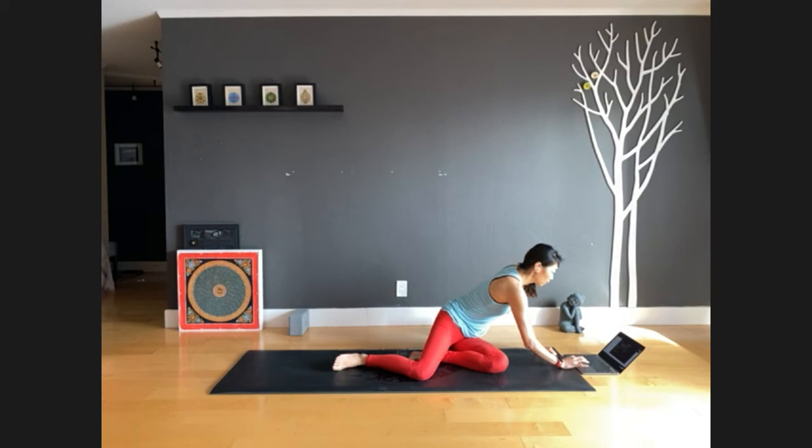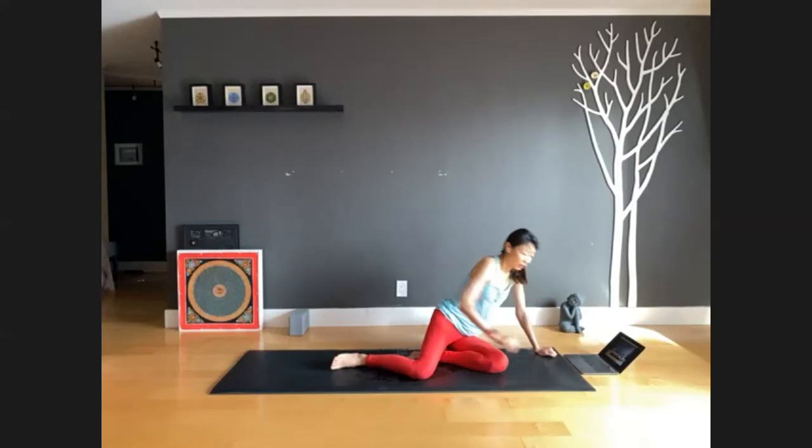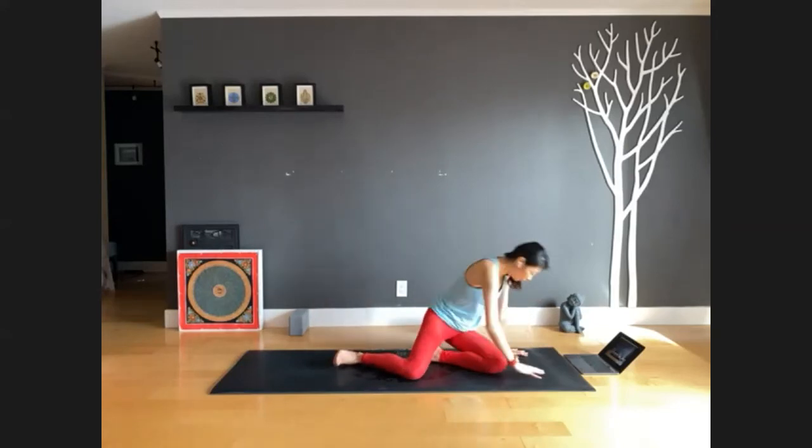Just rest in child's pose for a moment. Okay. And then we'll come to